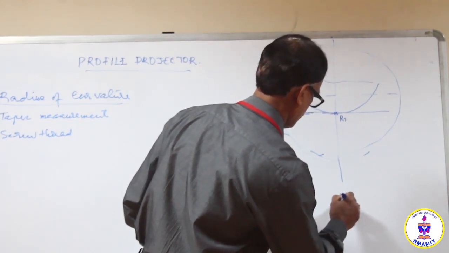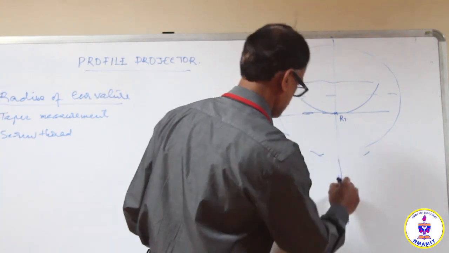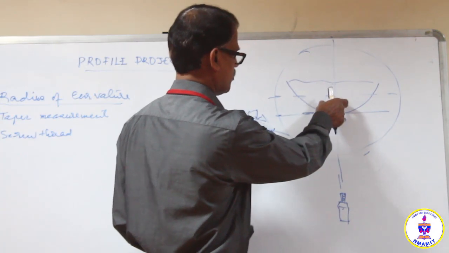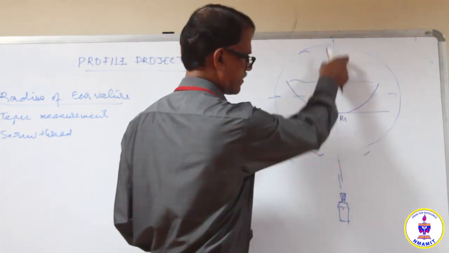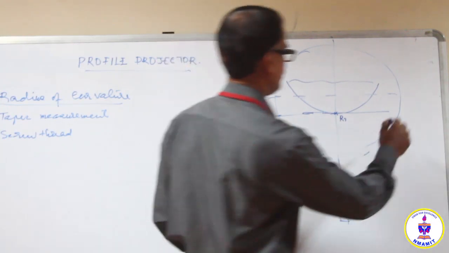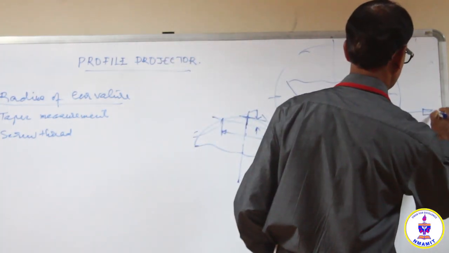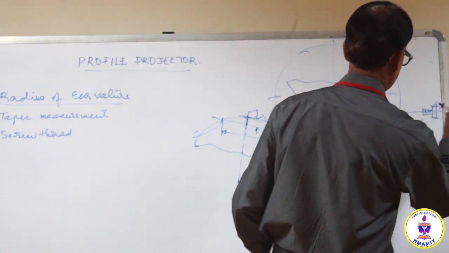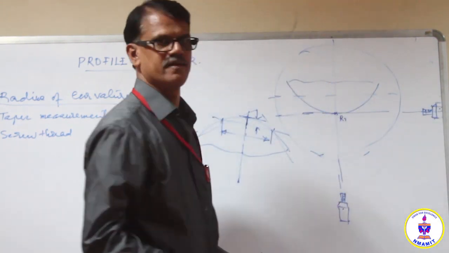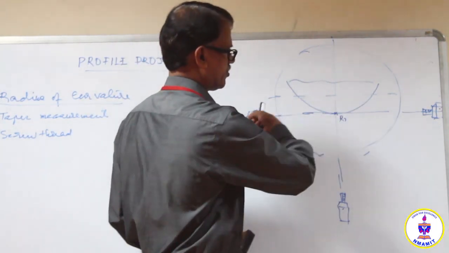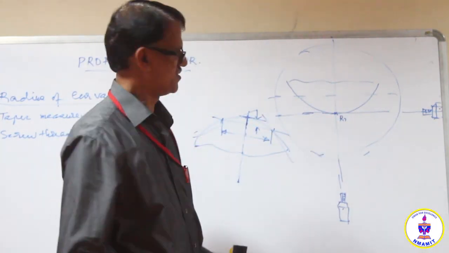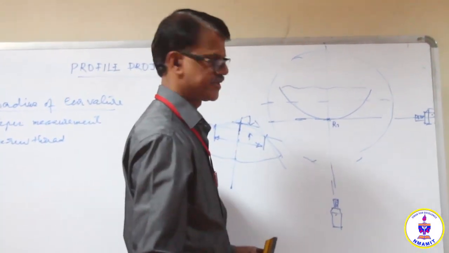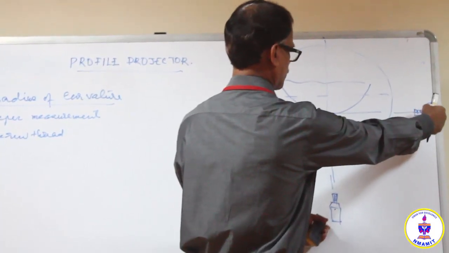So this is one micrometer for the crosswise movement of the table, and thereby the shadow of the object will be moving up and down here. And similarly we have the second micrometer here for the longitudinal movement of the table, and hence longitudinal movement of the shadow on the screen. So the shadow can be moved crosswise as well as sidewise or longitudinally with these two micrometers, and the movement